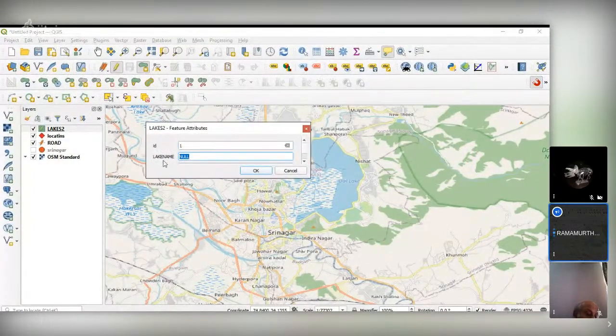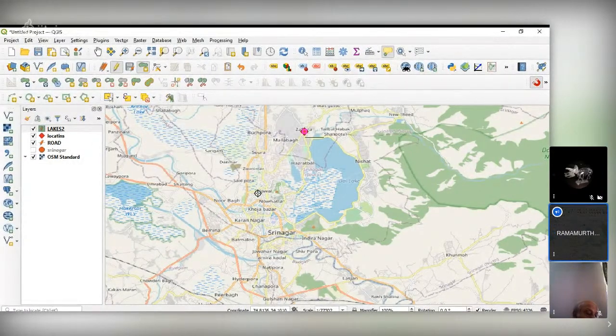One, and here it is lake. So these other two fields will calculate with the calculate geometry option and say OK. And one more lake here is here.